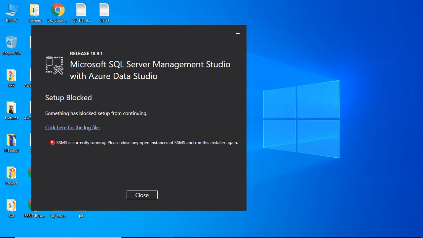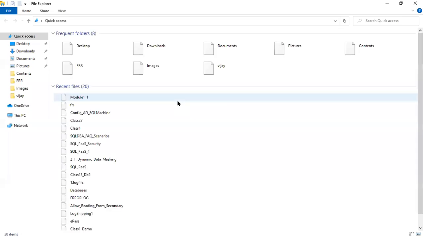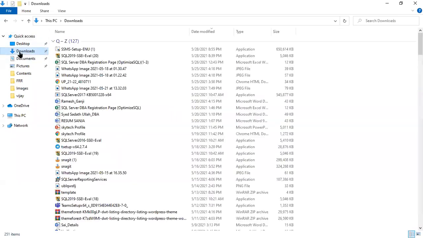I hope you are following, right? First, I have installed the engine, then I am installing the tool SSMS. I am going step by step. Don't worry, if any simple confusion is there, please ask immediately. Take it, this is our SSMS setup. Run the setup by double clicking.